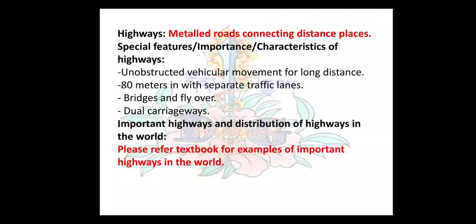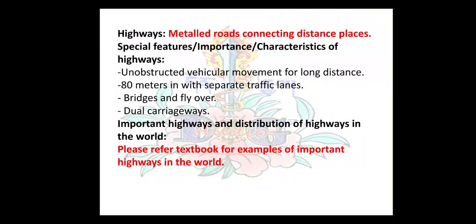So next in this chapter, from the means and modes of transport, we are going to discuss road transport. From land transport we are going to discuss road transport. From road transport we are going to emphasize more on highways. We have different types of roadways in the world. If we talk about India, we have highways, state ways, village roads, international roads, border roads. We have different types of roads, but based on our syllabus, here we are going to discuss the highways only.